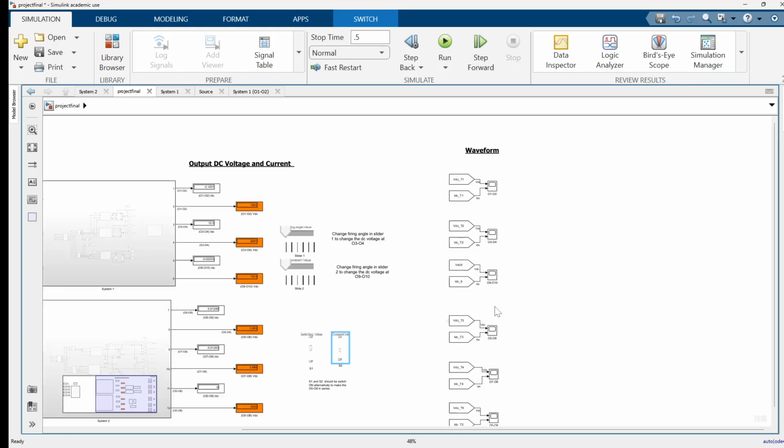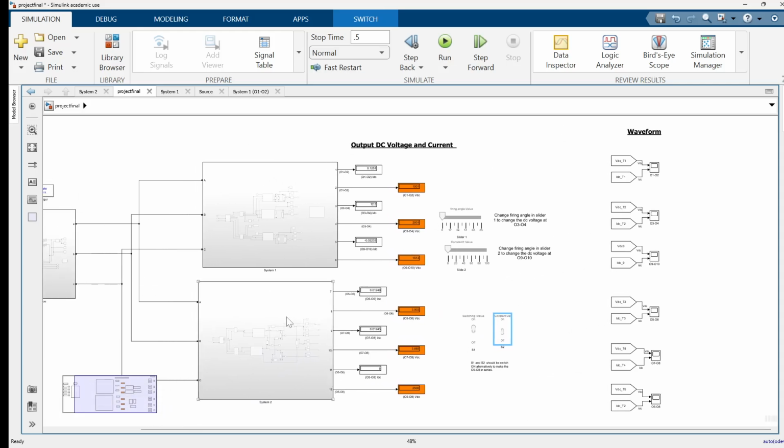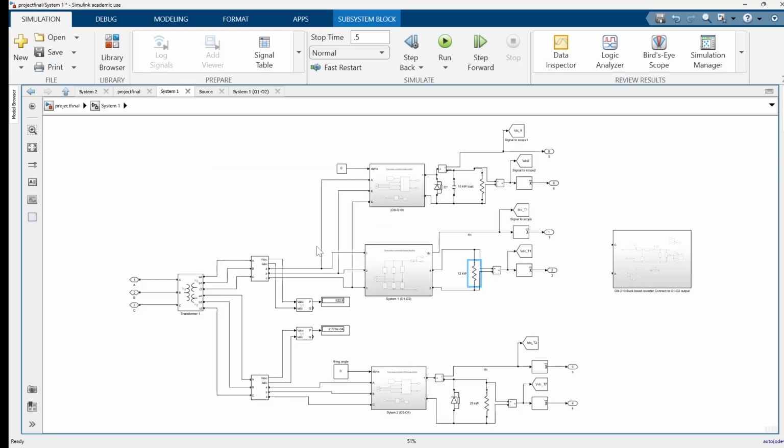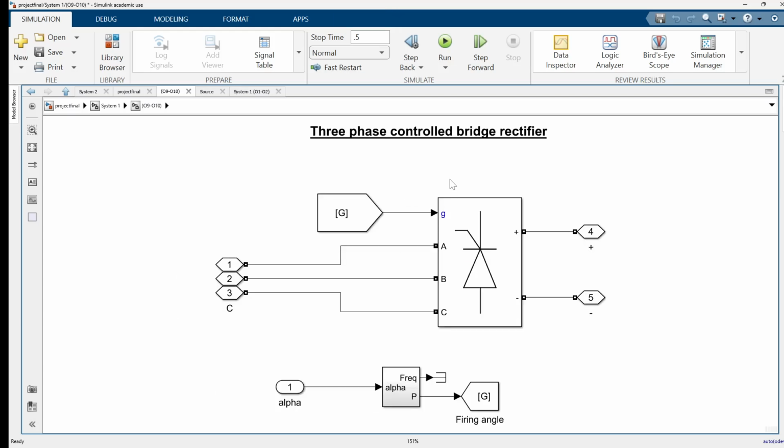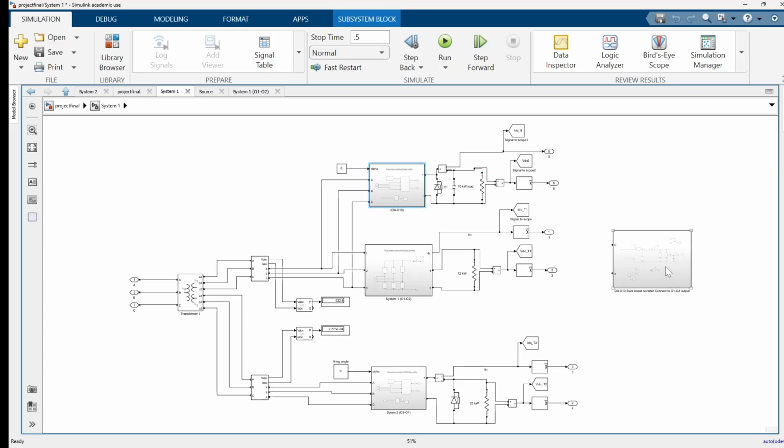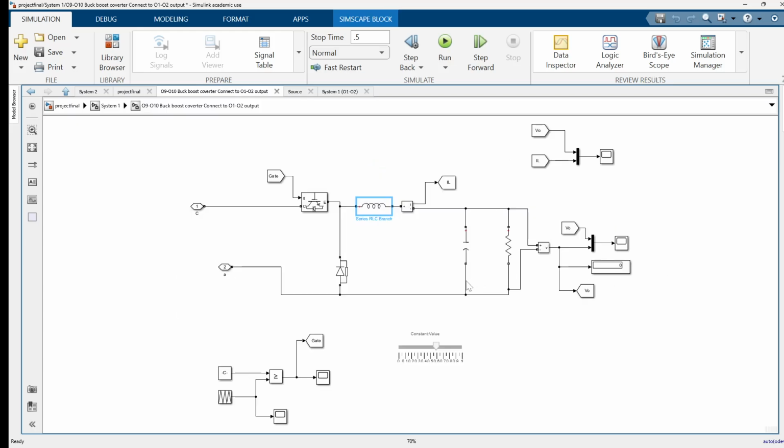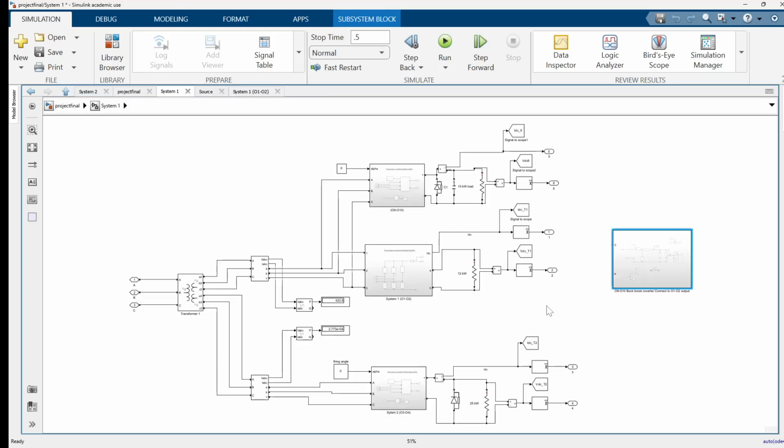The waveforms are all the same as shown above. We have checked earlier. And if I talk about output 9 and 10, I have two different models. Number one, I'm using an SCR-controlled rectifier, and I can also use a buck boost converter. I mean, the buck converter to this, where I require the output voltage of,